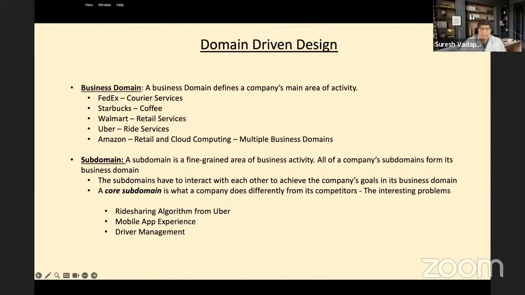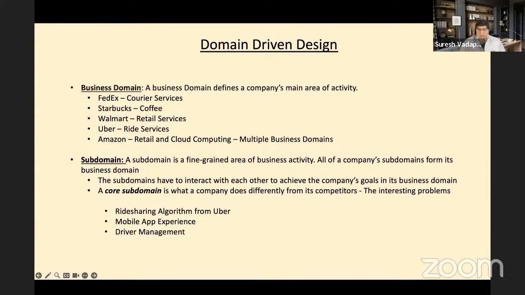So what are these subdomains? These subdomains have to interact with each other. Whenever there is some initiative, multiple subdomains will accommodate that initiative. And there are different types of subdomains, which we talked about: the core subdomain, the generic subdomain, and the supporting subdomain. A core subdomain is what the company does differently from their competitors,